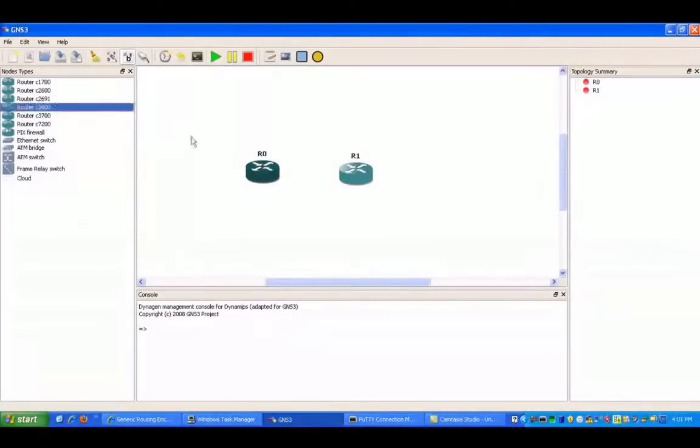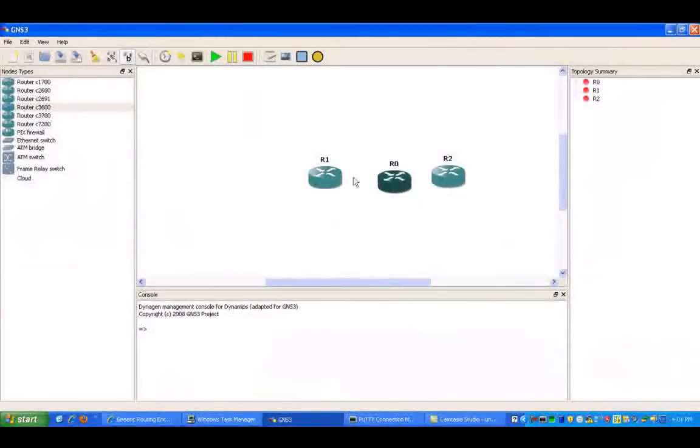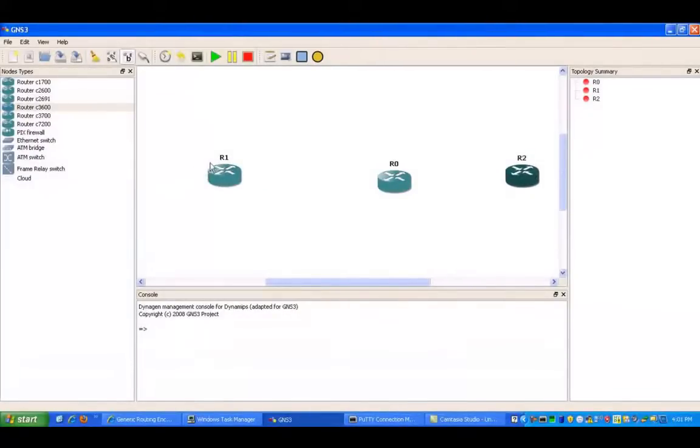So what we're going to do inside of GNS3 is set up our network. We're going to have a couple of routers to represent our internet service provider, or our ISP network, and then we're going to have two routers at the end of the GRE tunnel, one on each side of our network. So router 1 we are going to give the loopback address of 1.1.1.1